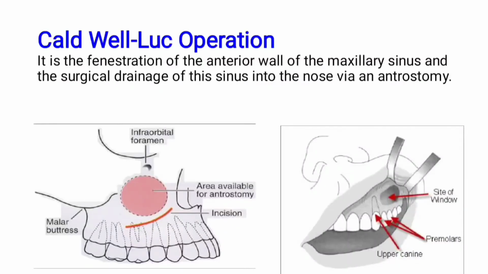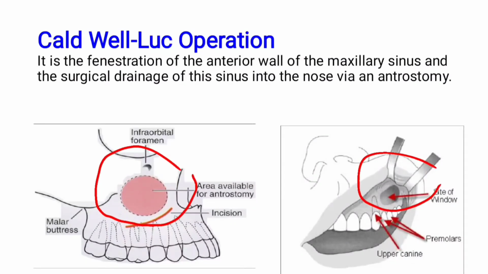Caldwell-Luc operation is simply a fenestration, or opening, or antrostomy over the anterior wall of the maxillary sinus and surgical drainage of the sinus into the nose via an antrostomy. Here is the location of the bony window above the roots of maxillary posterior teeth, where a small round burr is used to outline the window